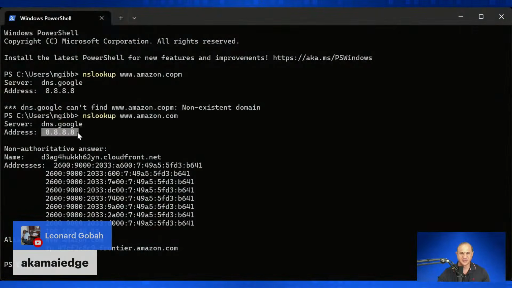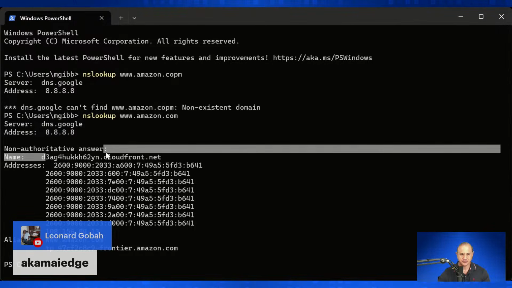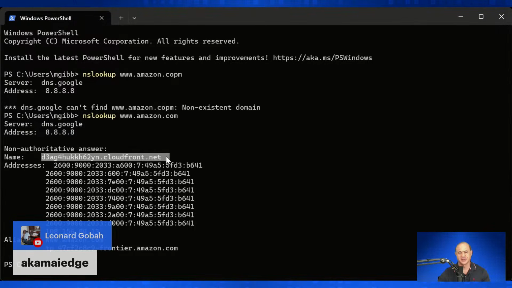And there's a reason I want you to see this. Chris, hold on one second. Let me share. And if you don't know what to do, let me show you what to look at. You can see, if you look up Amazon.com, you can see my DNS providers, which are Google. They're giving me this. This is the ugly name. And then this is the name. And what you're going to see is there'll be a CNAME record. And for example, you're also going to see this. This is Frontier.